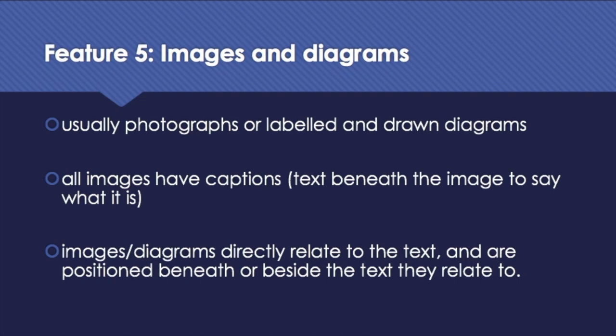And the fifth feature of an explanation, images and diagrams. So usually there are photographs or labelled and drawn diagrams. All images have captions, so text beneath the image to say what it is. It's not just a picture put in there to make the page look pretty. It's there for a purpose. Your images and your diagrams directly relate to the text and should be positioned either beneath or beside the text that they relate to. So not just decorating your page because you'd like it to look pretty, but every image should be purposefully chosen, should be informative, should be captioned to clearly show what it's about or what you want your audience to focus on when they look at the image, and should directly relate to the text